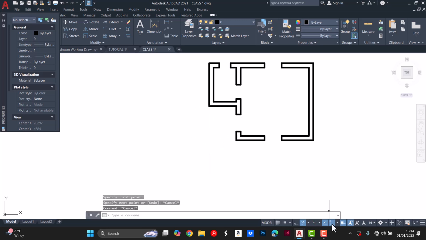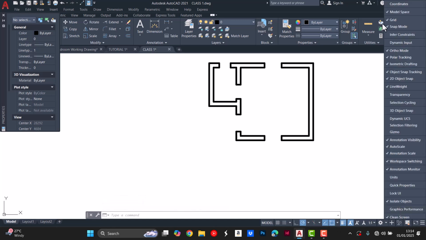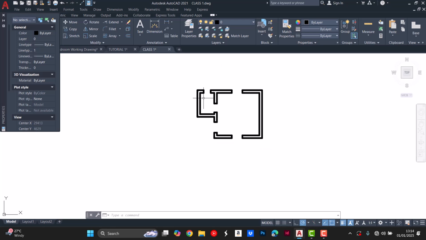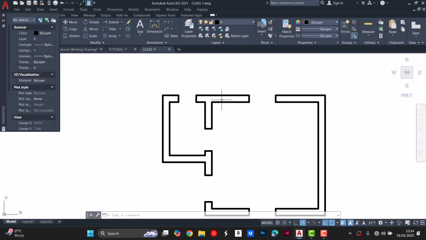Now if these commands are not turned on your system, and you are not getting the snap, you click on this particular tool, snap cursor to 2D reference point. If it's not there, then you have to come and click it here. Auto tracking, auto mode, auto tracking. It's somewhere among these. If you don't know exactly which one, you can turn on everything, but make sure this is turned on and it appears here. If it's not here, you turn it on here, and then you come to turn it on here. Okay. So yeah, so we have our